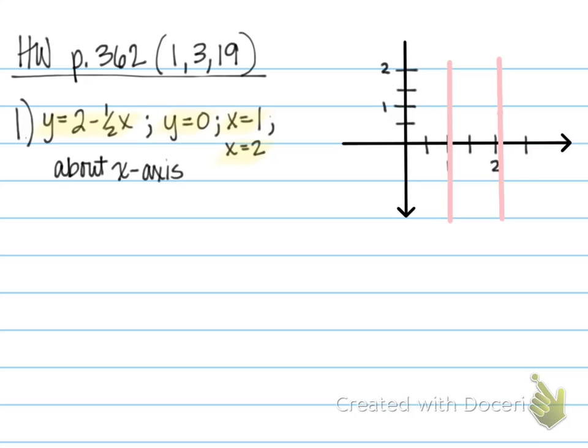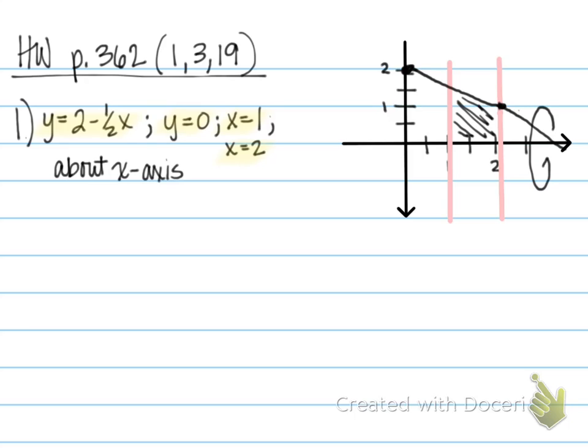Its y-intercept is going to be at 2, and it's got a slope of negative 1/2, so we could even count down 1 over 2. And there's the line where it intersects right there. So it's pretty easy to see that this line is going to go right like this. And here's your area that you're going to rotate about